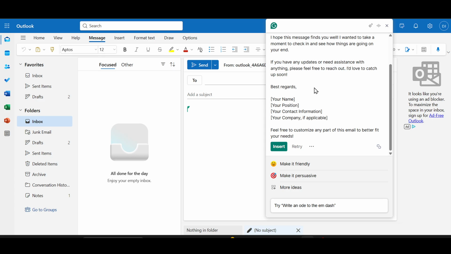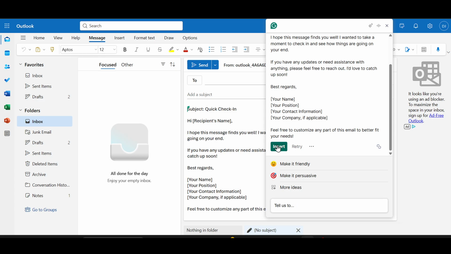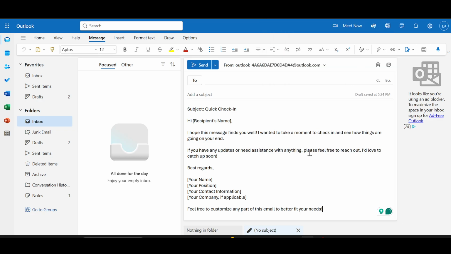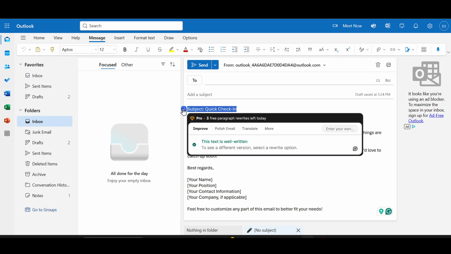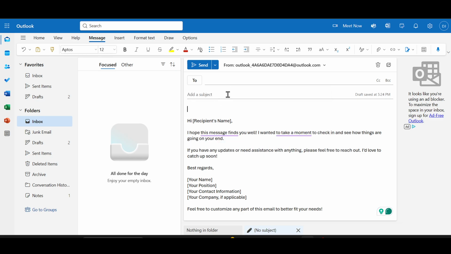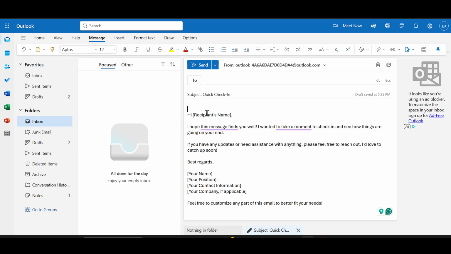After that, when the email is written, just simply click on insert, and then your email has been successfully inserted here. As you can see, you can copy this line of subject, and then you can add a subject here, and this is the content of your mail. You can edit it according to yourself,